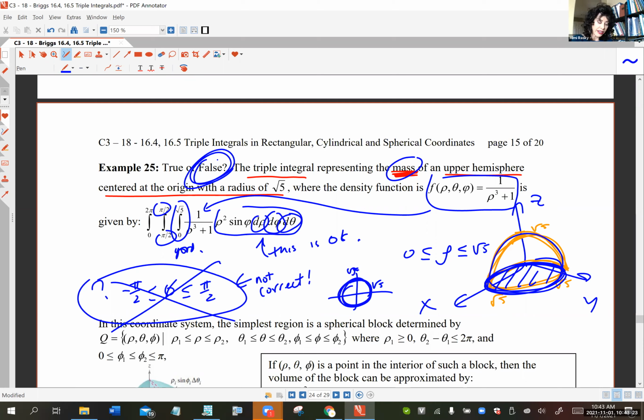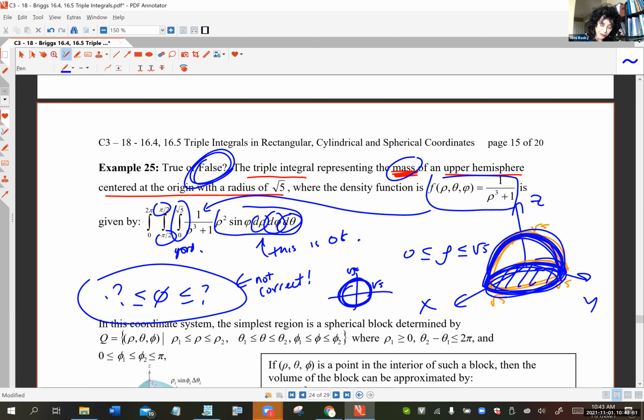Now, what if we were going to fix it? Let's fix it so that it would be good. So what would be the correct limits for phi here? Now, please, I know it's early and you're probably tired, but if you really get what I'm about to do here, your spherical coordinates homework and exams will be much sweeter. So what are those limits for phi? Let's take a look at this